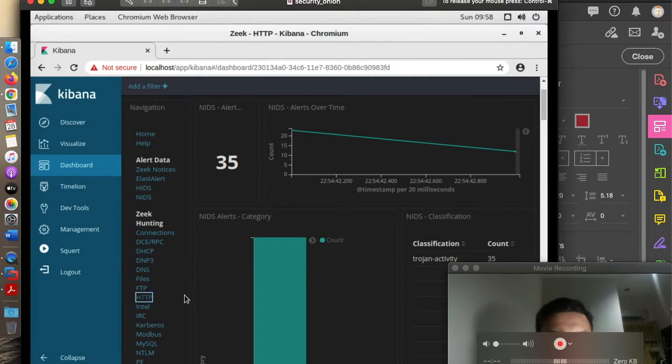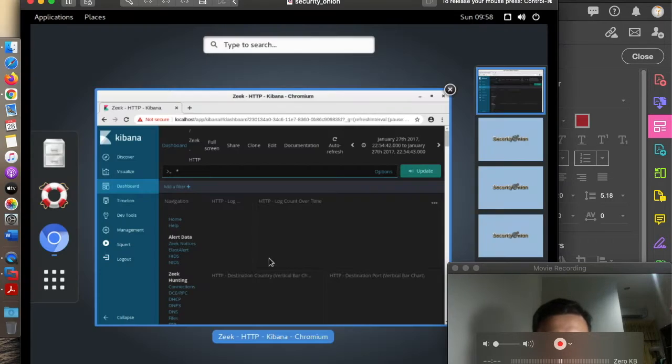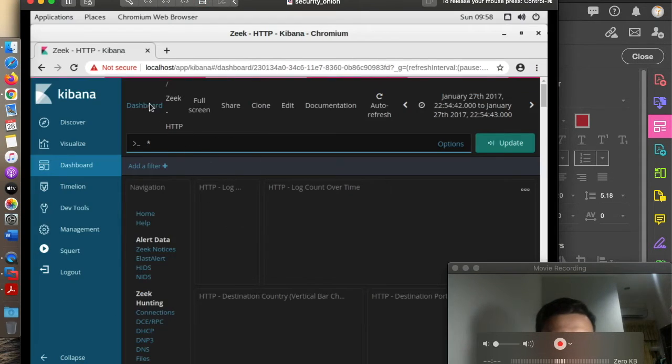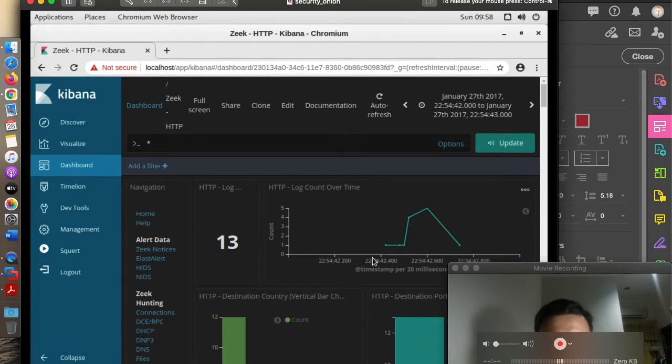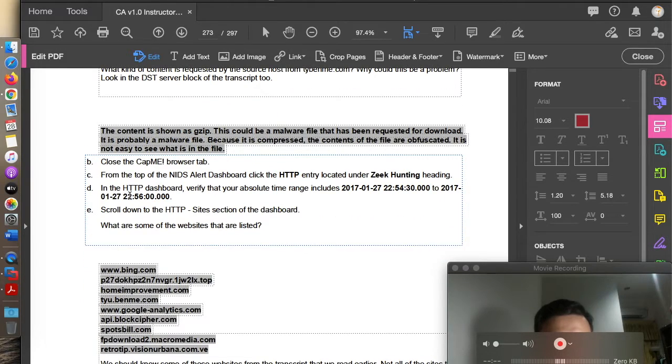Click that HTTP, so we go to another dashboard, the Zeek dashboard. It's about the HTTP log. Then what we need to do is, in the HTTP dashboard, verify that your absolute time range includes 2017